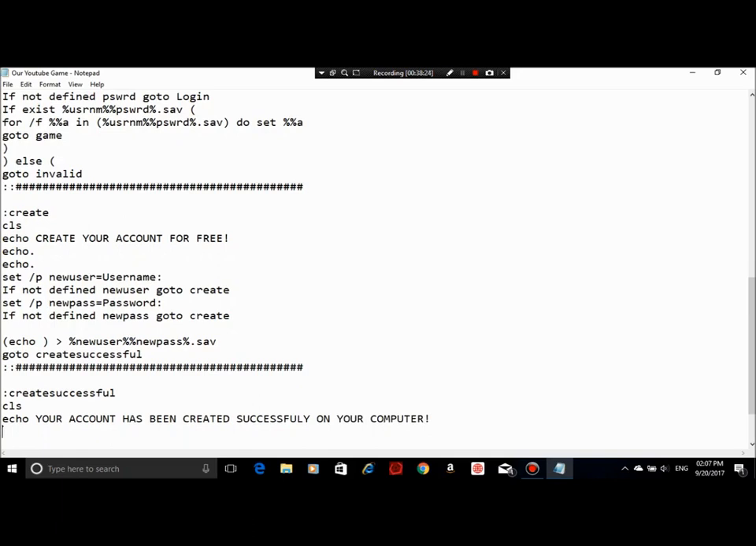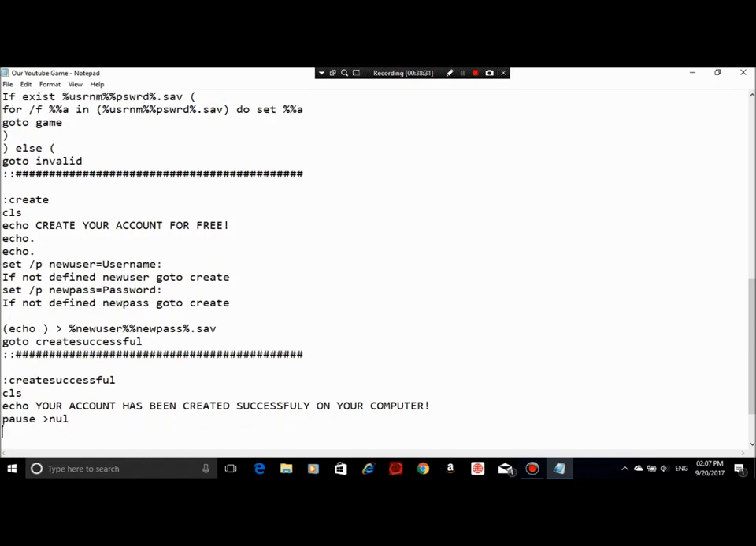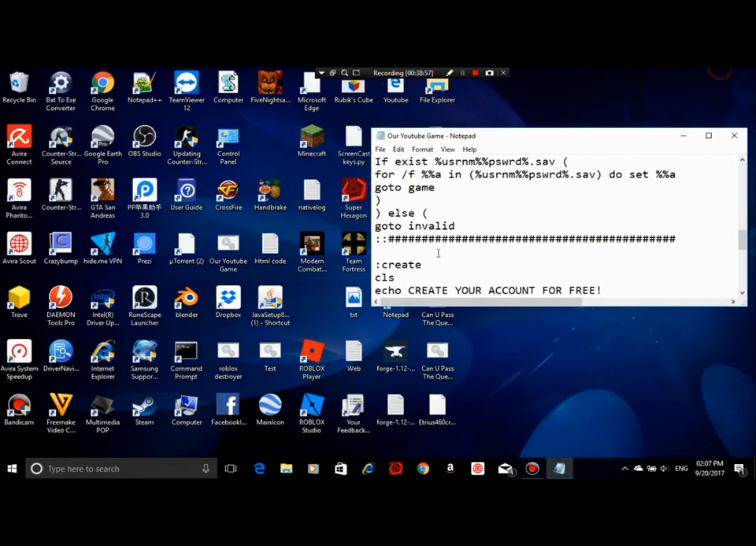Alright, then of course pause, no, and then go to menu. Alright, so go to menu. Alright, then that's how it works, obviously. So go to menu. So let me save this one and let's see how the file works. Alright, so